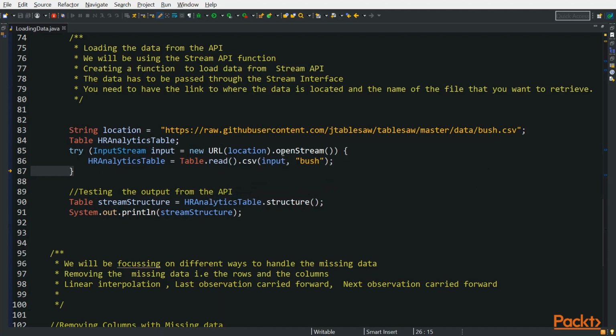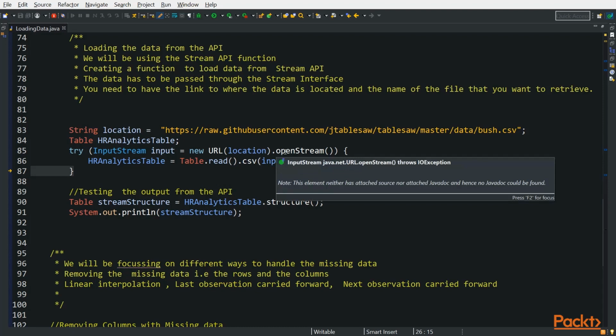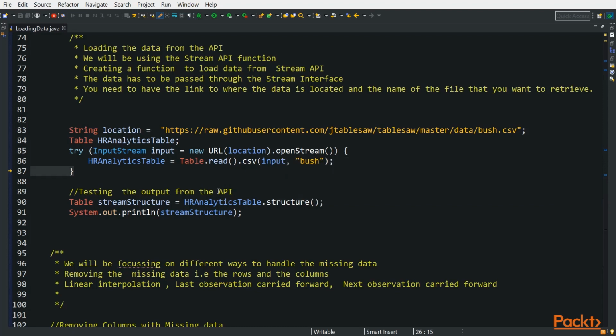And then we need to call the .openStream. This ensures that we have opened a connection to start streaming. And the table that we declared, we need to just say